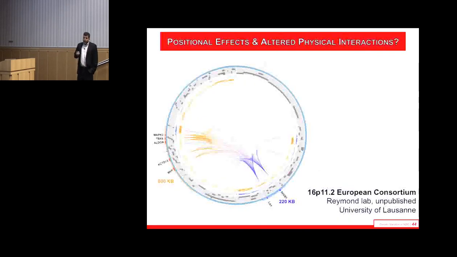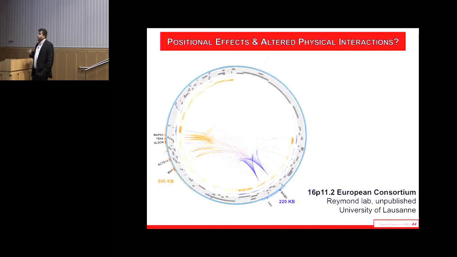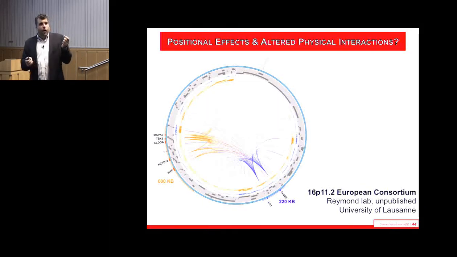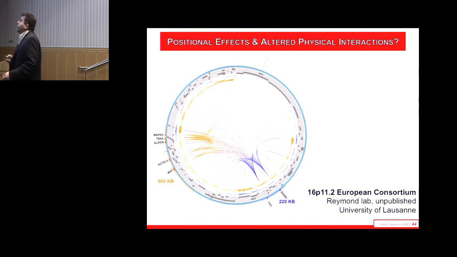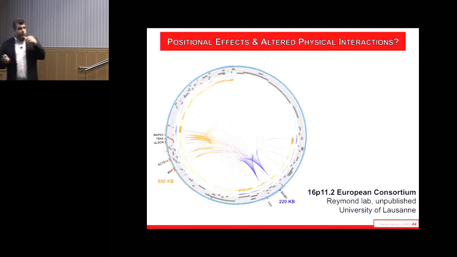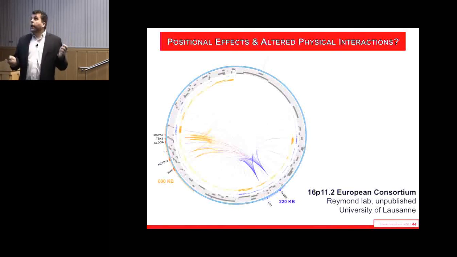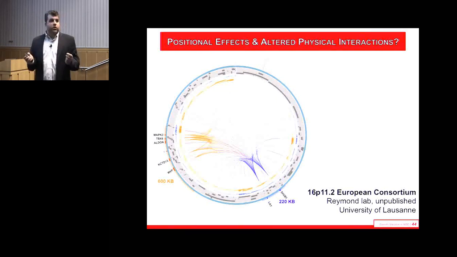Our colleagues at Lucerne University, Alexander Raymond and his lab, have now explored this. They have microarray data, and we replicated each other's data sets on this. Effectively, if you do 4C and use the focal point of 16p11.2, the 600 kb region, or this 220 kb region that has a distal 16p11.2 CNV syndrome associated with it, but it's much more rare, it turns out that there's quite a few physical interactions between these two regions.